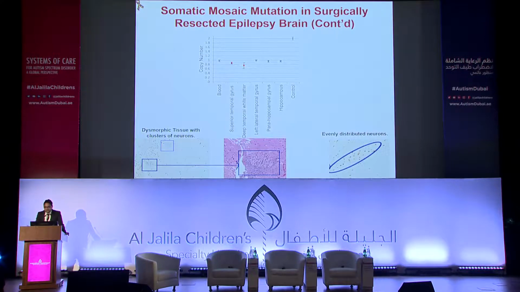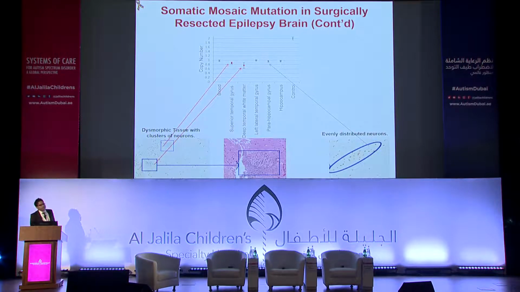We did sequencing on those tissues, and we found that they don't have that heterozygous mutation. They have a homozygous deletion. So it's a totally different profile that we identified for the tissue where the neurons never migrated properly. This shows that cancer-like mutation, somatic mosaic mutation, can predispose to neurodevelopmental disorder.